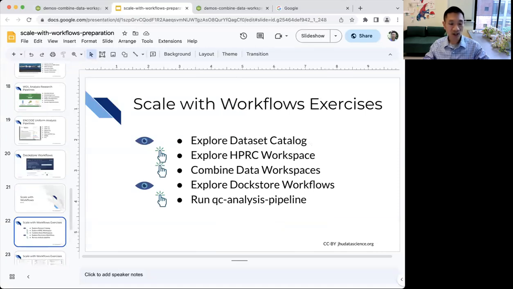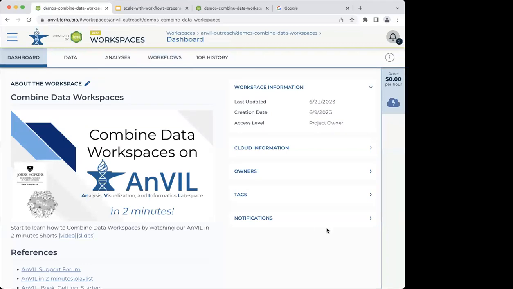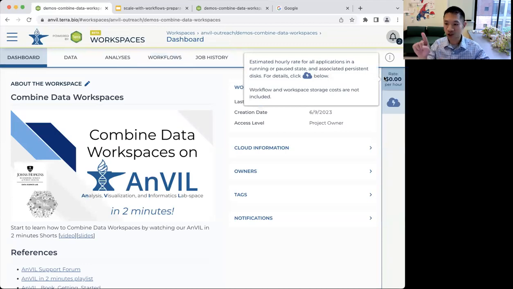So at this point, I'm going to switch to this original workspace here to just orient people to where things are. So again, this is a Terra workspace. And in addition to this, sorry, is there a question there? Okay, if there's a question, the Zoom raise hand is a little bit easier for me to see, so feel free to raise your hand if you have a question. Again, we'll have half an hour at the end to field many questions,